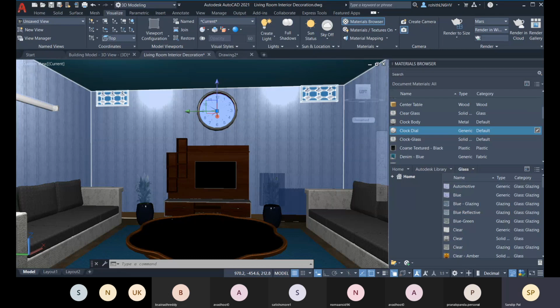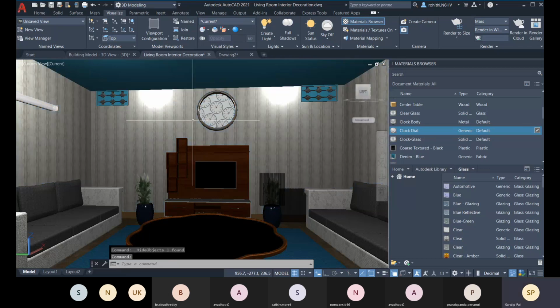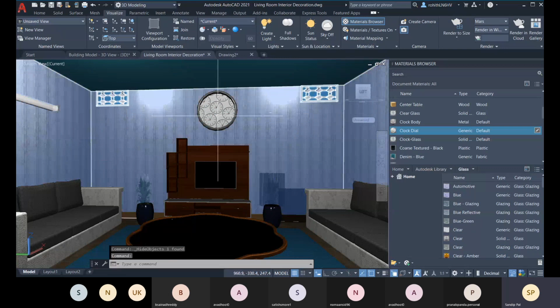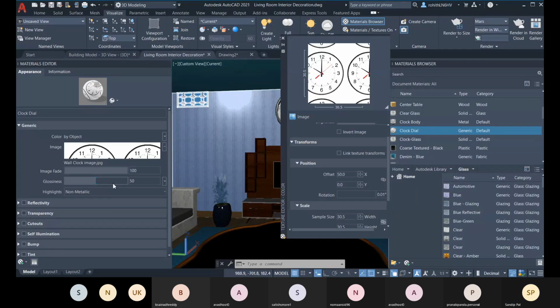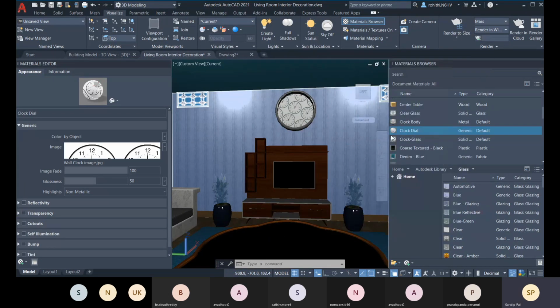Just a second. Yeah, so there you can see the changes. And what you have to do, you have to make it a single image.